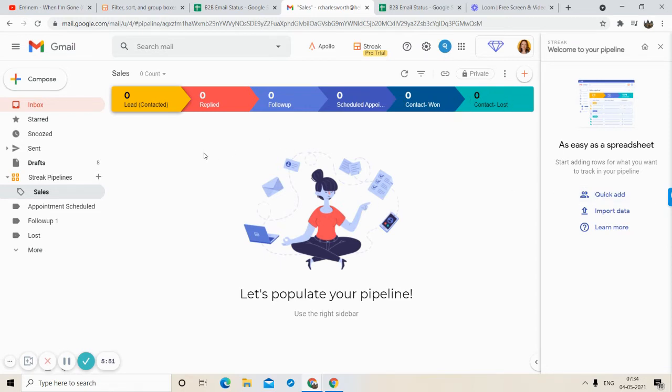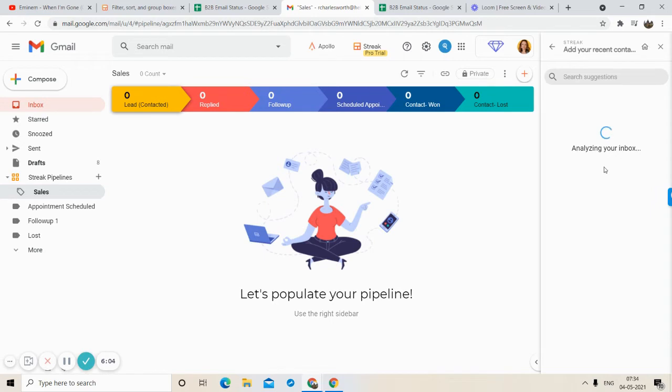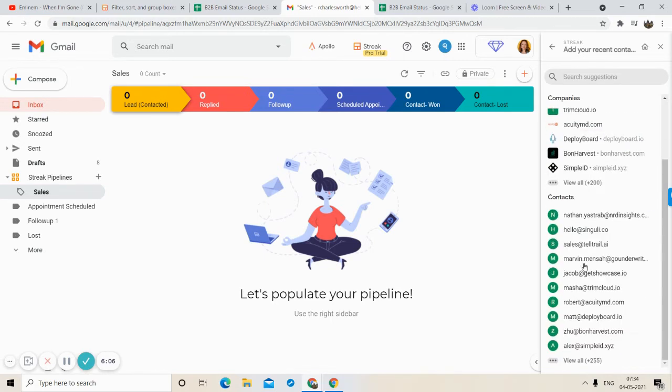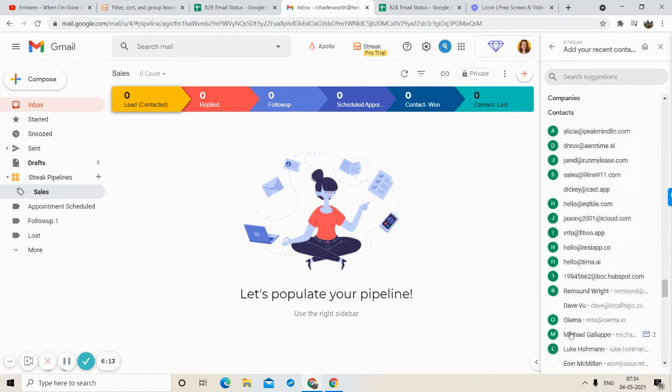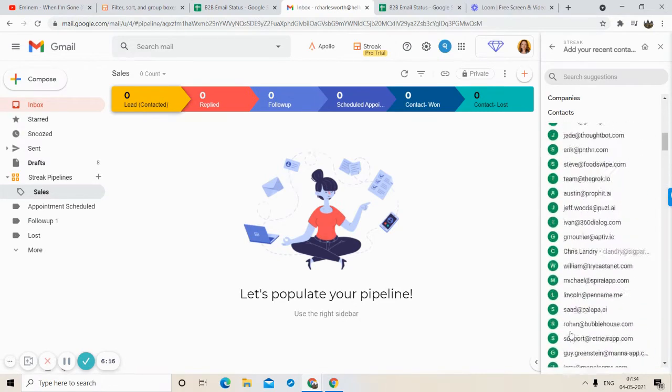So what is the next step? The next step is to add contacts. There are two ways to add contacts: quick addition and import data. What quick addition does is it shows all the contacts that you have already emailed, and it gives you an option to add all these contacts into your pipeline if you want to.